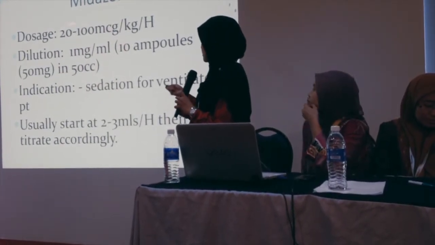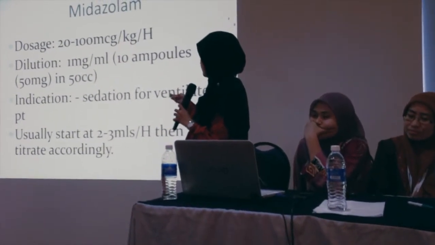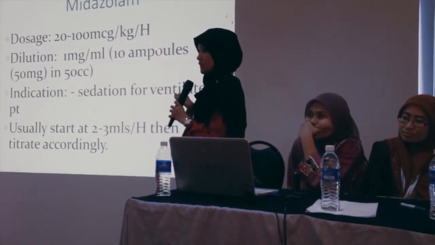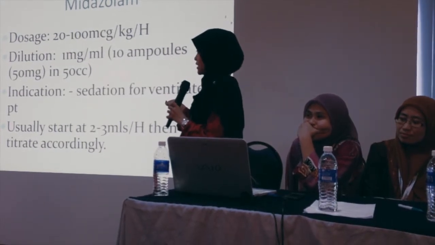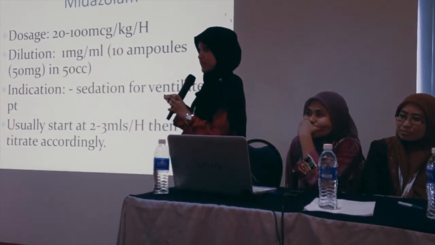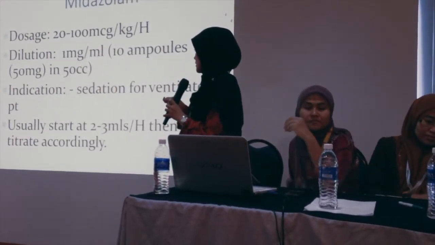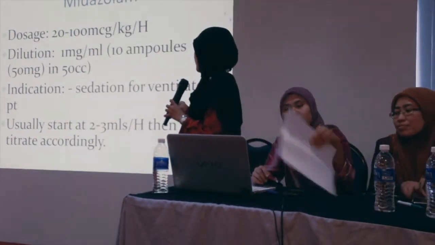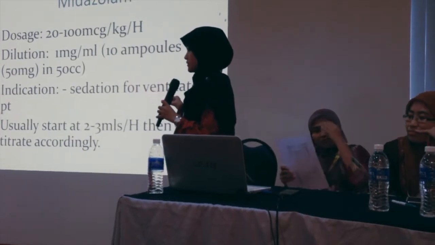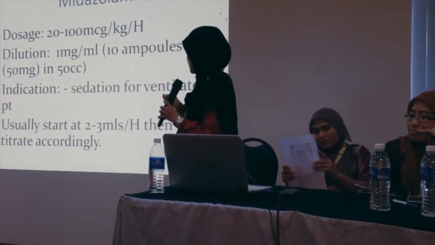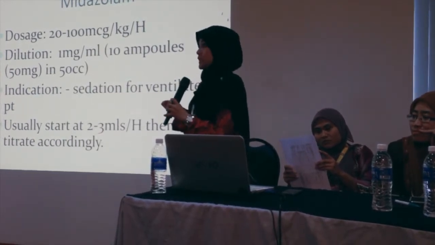The dilution should come up to 1 mg per ml. If you take the 5 mg midazolam, you take 10 ampules in 50 cc, so it comes up to 1 mg per ml, right? Understand? Okay. So basically the indication is sedation for ventilated patients. For OT or ICU ventilated patients, some sedation, ventilate overnight or something, you just start midazolam also. Usually we will start at 2 to 3 ml per hour, then you titrate accordingly,